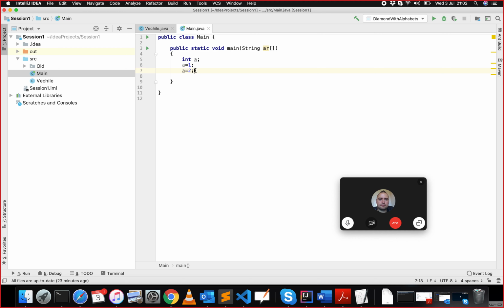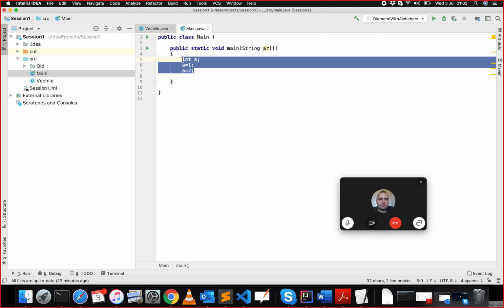But for the class, that is not the case, because a class is nothing but just a blueprint of the state. When I say blueprint, say for example, if you want to build a house, first you will draw a blueprint of the house: how the house is going to be, what the room sizes are, how many rooms there are going to be, where the toilet is going to be, where the bedroom is going to be. All the information is contained in the blueprint. But you can't actually go and live in the blueprint, because a blueprint is just a representation of what it is going to be. So first you have to convert the blueprint into a real